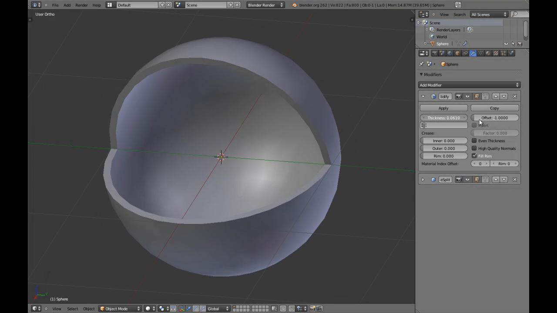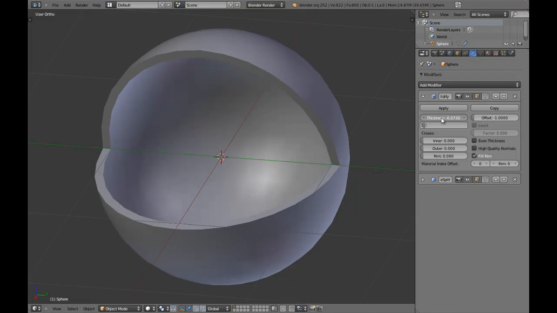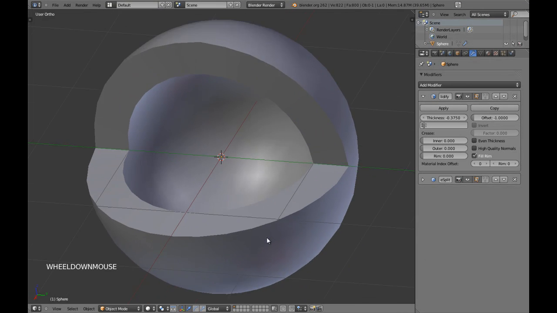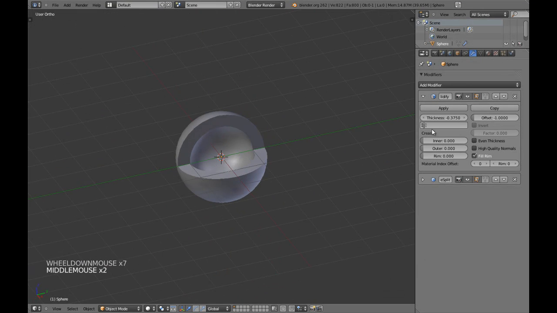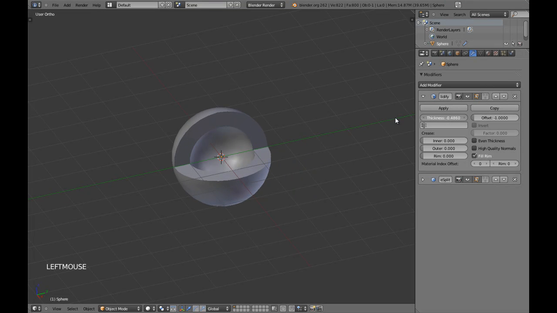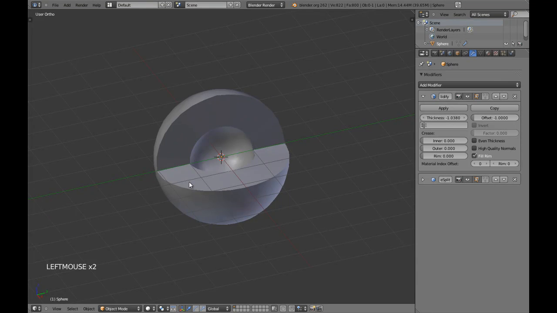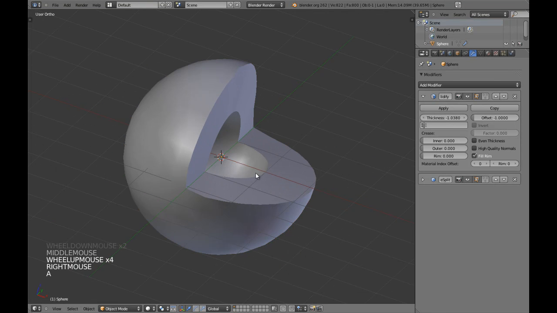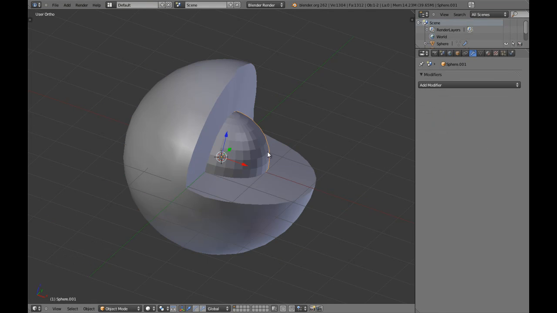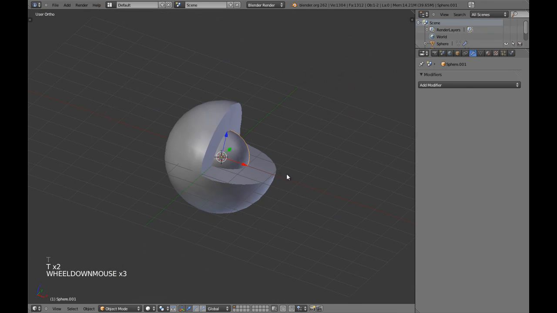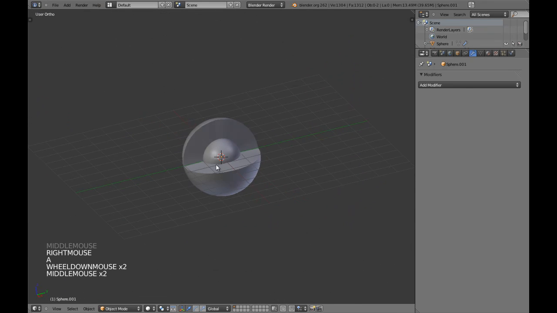You can even have a negative value if that's what you need. For example, let's say that you want to create the earth, you have to show the layers of the earth, and yeah, I don't know, you can use it as you want. Okay,